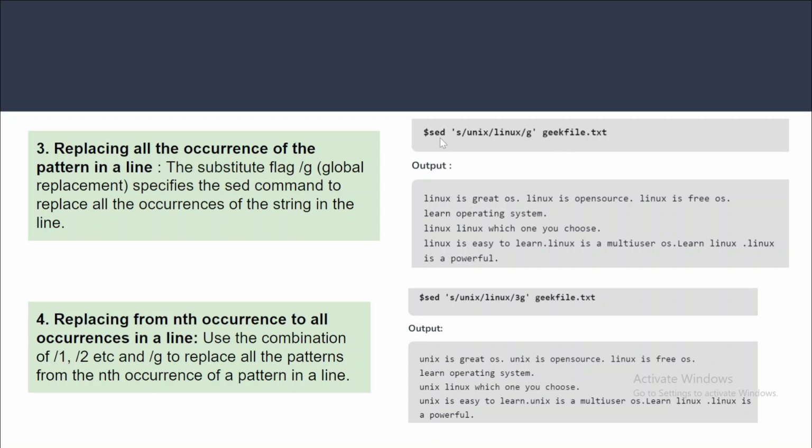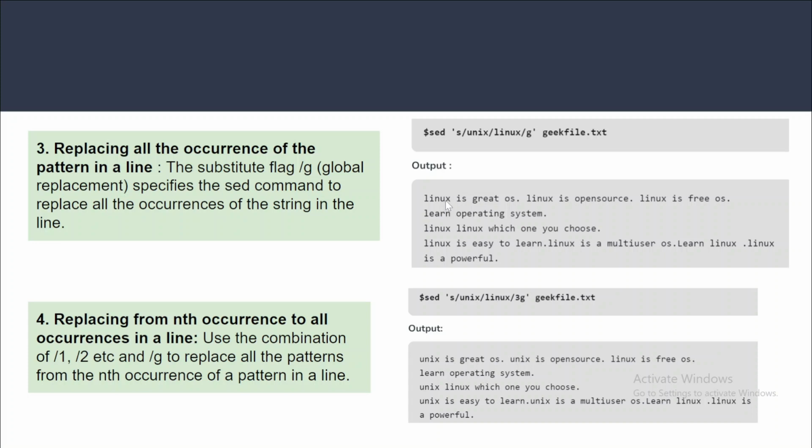You need to provide the sed command, substitute, first argument, second argument, and what you want to do: substitute the first flag, second flag, third flag, or all. The character you use is G for global replacement. So you can see everywhere Unix was there, it is replaced with Linux.